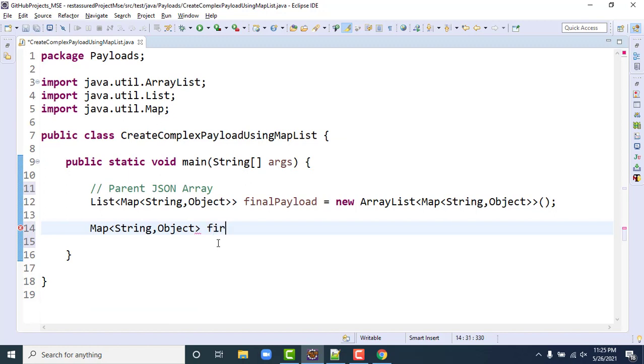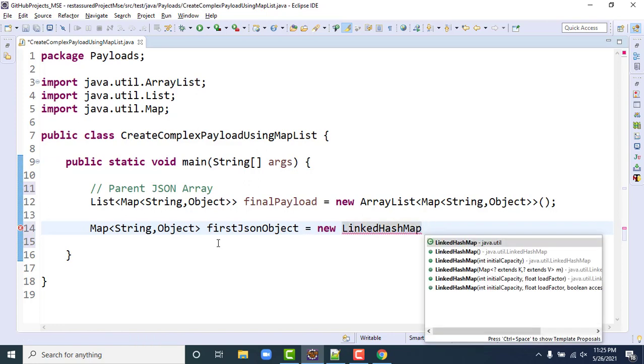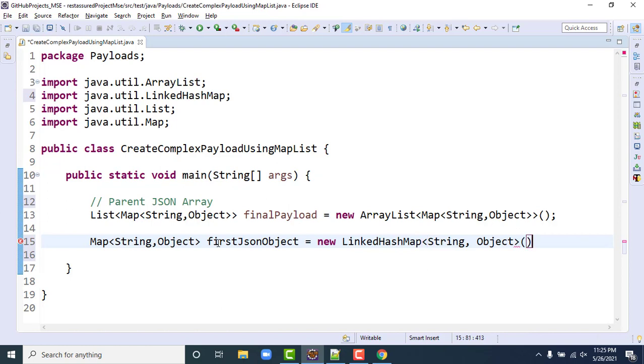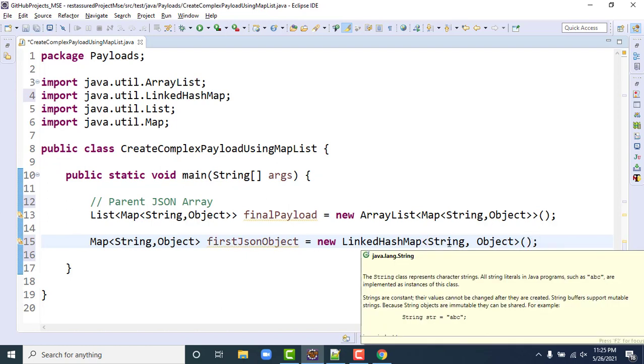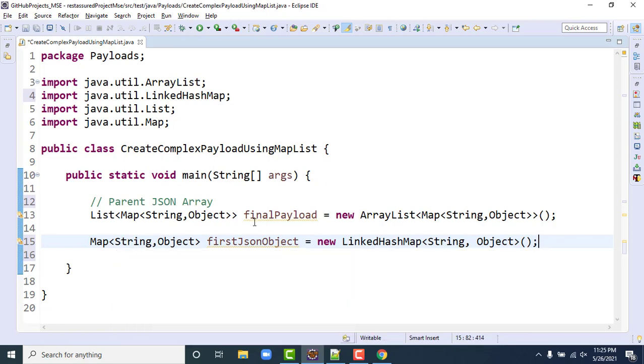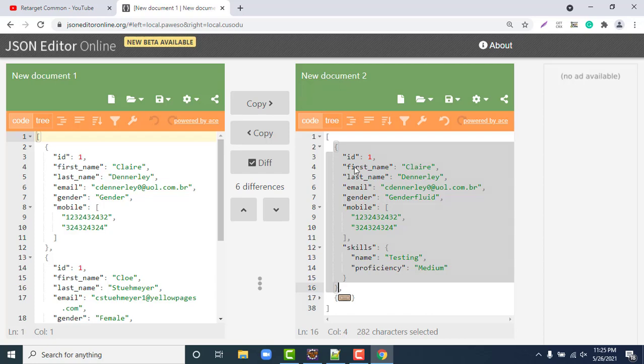I will name it first JSON object, new linked hash map. This time you can see the generics were automatically populated on the right hand side as well, because there was nothing to import.